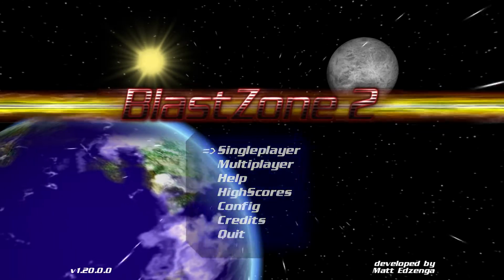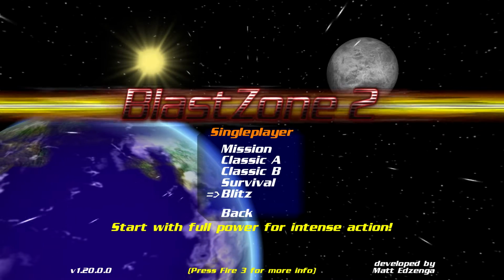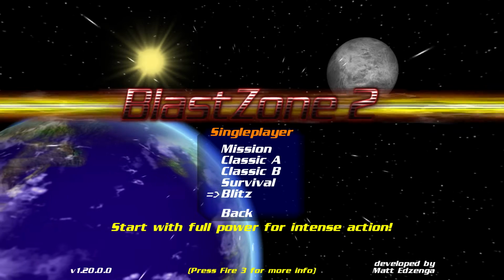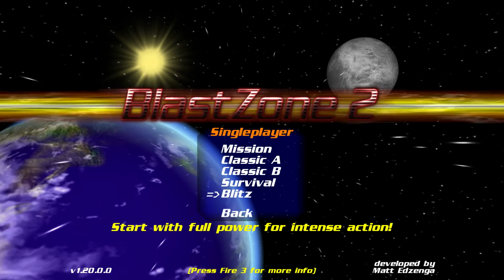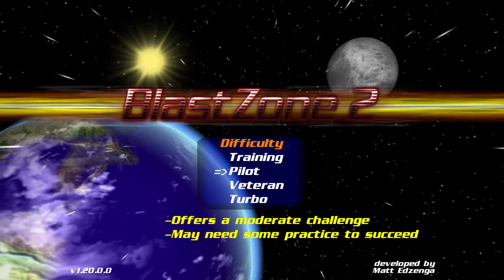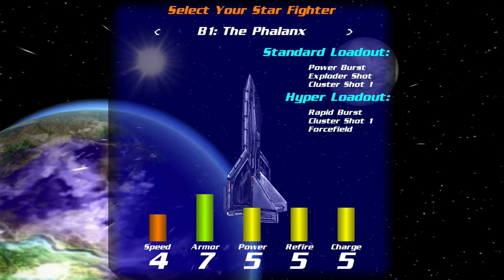So here, let's start this up. I'm going to be using the Blitz game mode to show off these abilities, since this mode allows you to start with your entire weapon loadout unlocked from the start. I'll go into more detail of these different game modes in later videos, but for now we will start this up. I'm going to be using the pilot difficulty so things aren't too crazy,